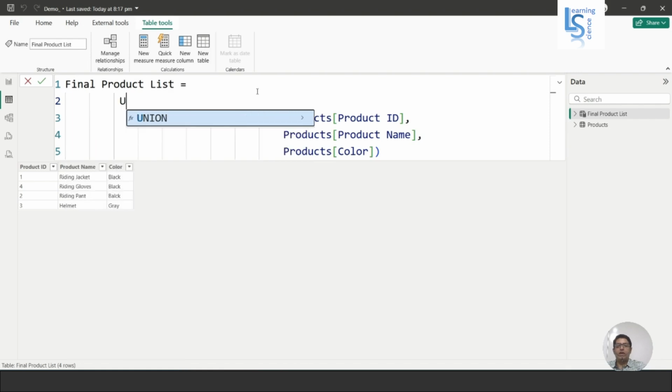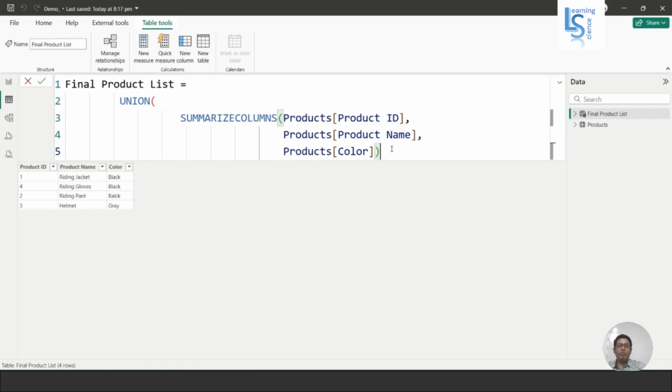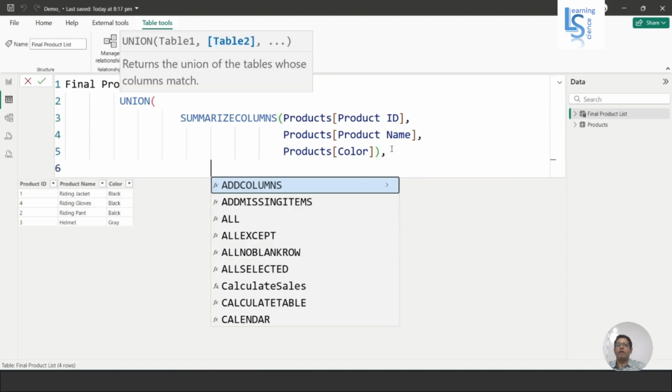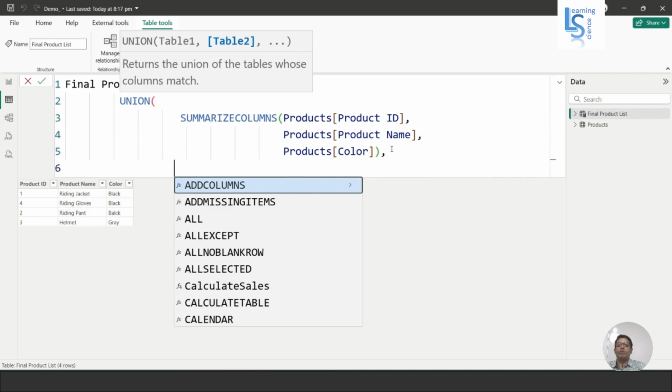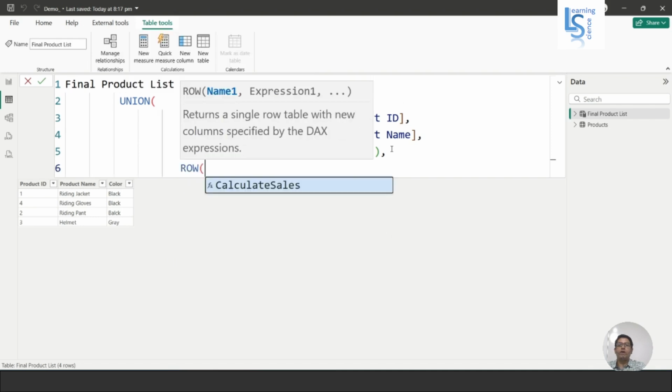Here I'll use a union function, put a comma, and after that I will add a row. So now I'll say ROW, and the name, product ID,